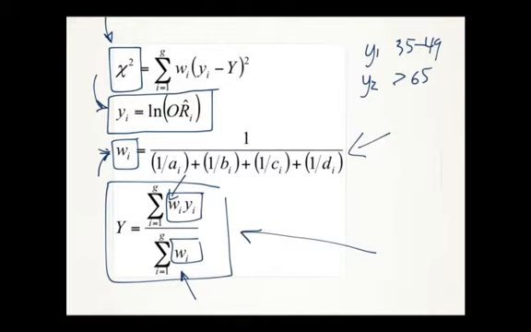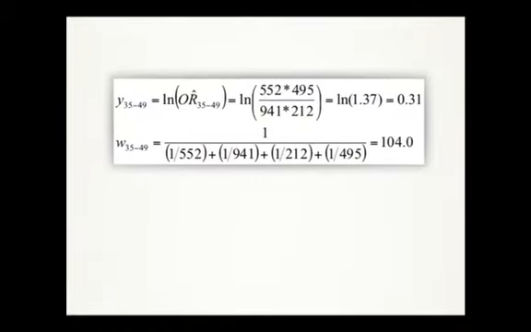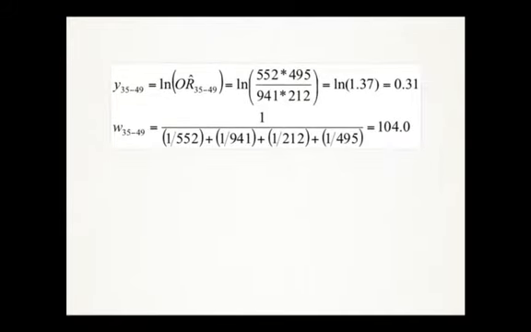Okay, so let's try it for an example of coronary artery disease and hypertension in these two different age groups. What would that look like? Okay, so here's the 35 to 49 group. Here's the log. Remember we talked in the last lecture about why we take the log of the odds ratio, because of the nice properties of the log. When you have a ratio, it becomes a subtraction. So the log odds is 0.31, and this W again is the inverse of the variance. It tells me how sure I am about this estimate. It's